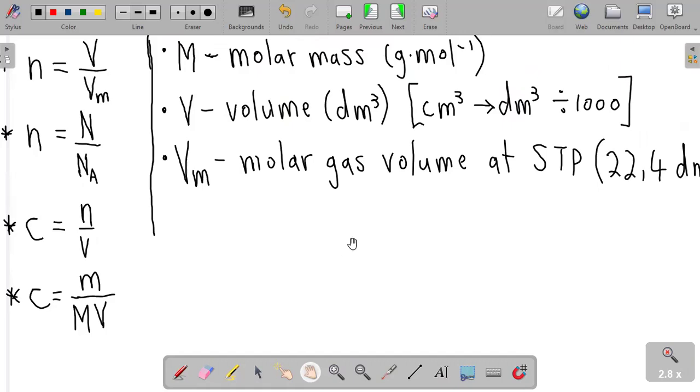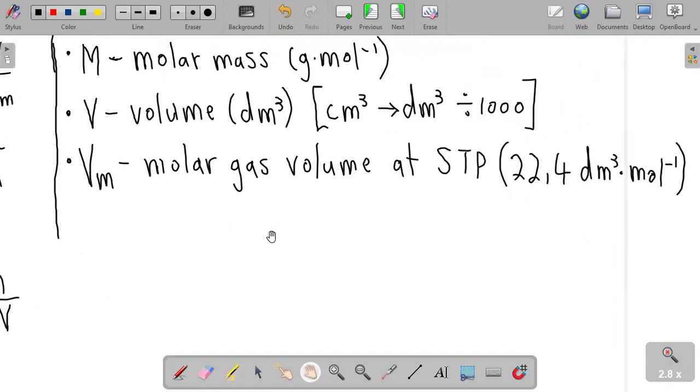So at standard temperature and pressure, the volume of a gas of 1 mole is a constant. Unless otherwise stated, we use 22.4. Sometimes they give you a specific number, but in many cases it's 22.4. If they say it's at standard temperature and pressure, it means that the volume is 22.4 here. Then the next thing